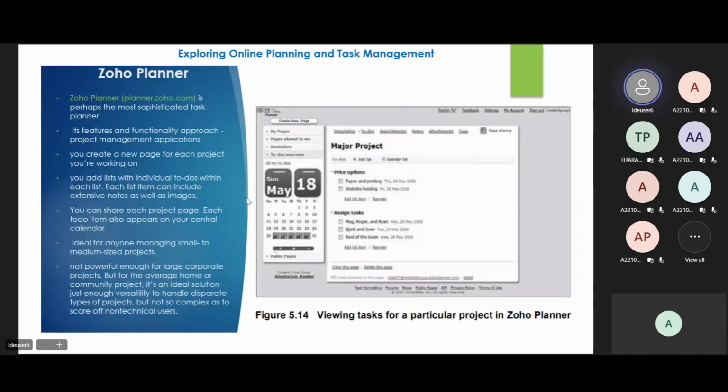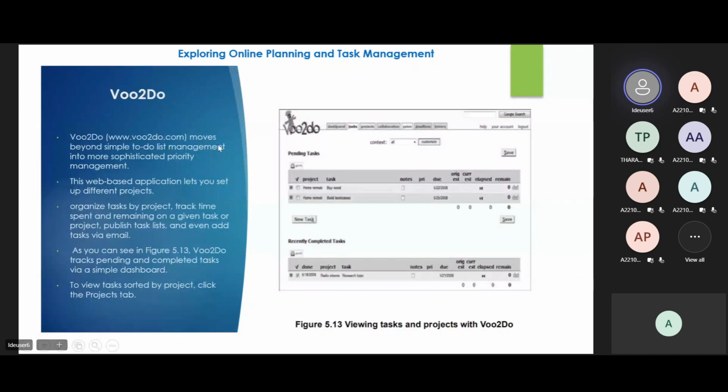Here it shows you the projects which are pending and the projects which are completed. So pending and completed tasks are shown in this figure. Same as Zoho Planner, here also we can use this mainly for company projects. They are using this,